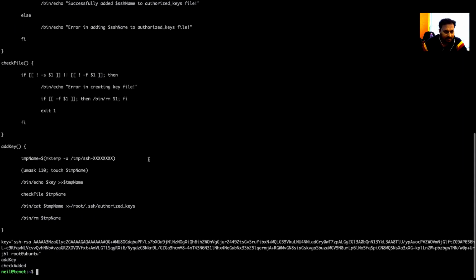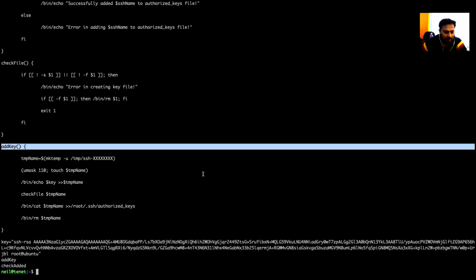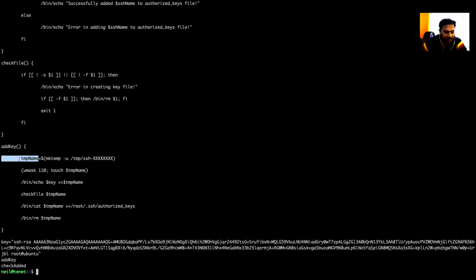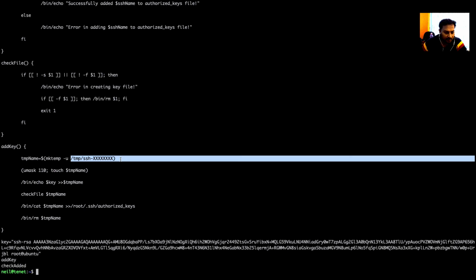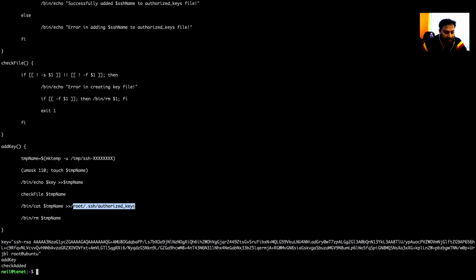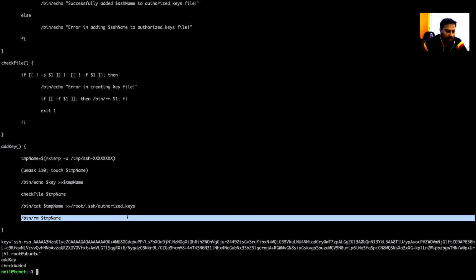If you check the last part, which is very interesting, you can see clearly it is a variable temp name. Something is going to happen under the temp directory, and then ssh something. After that, you can see clearly it is copying the keys to the root directory. What keys? SSH keys, and then it immediately removes the things. So the problem here is that it is creating something in temp, then copying it under root, and after that removing it.